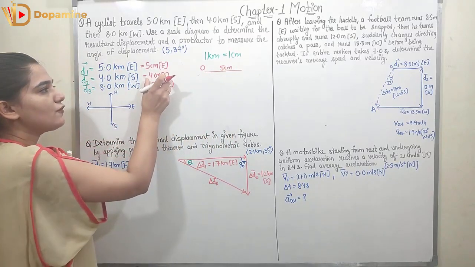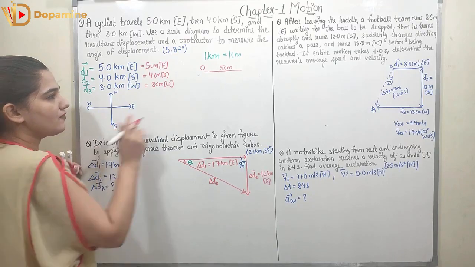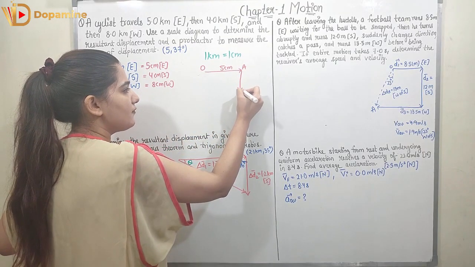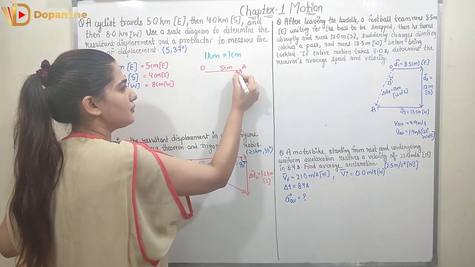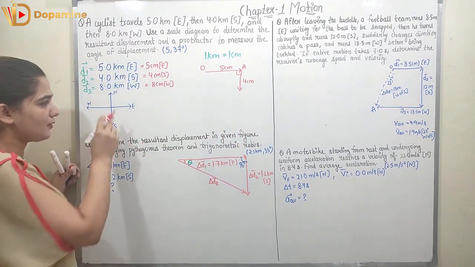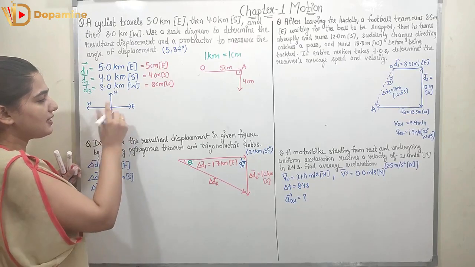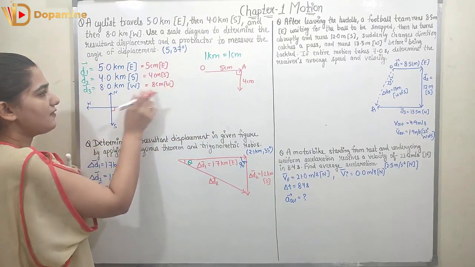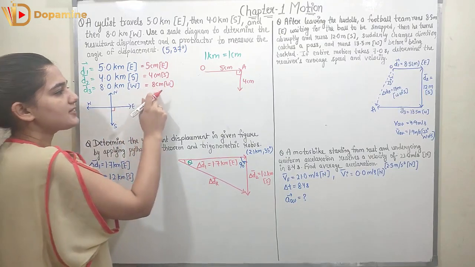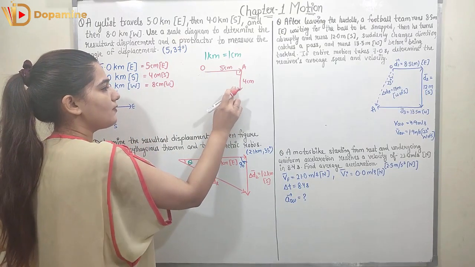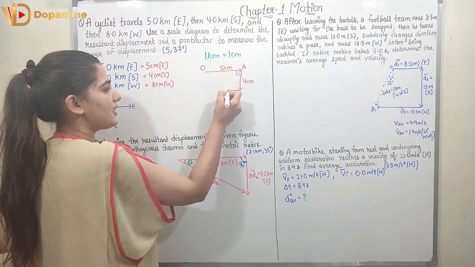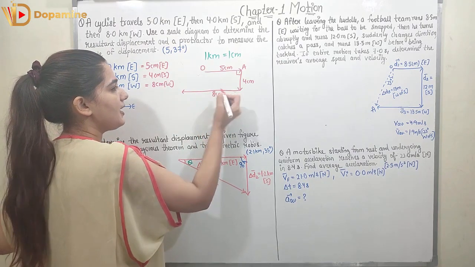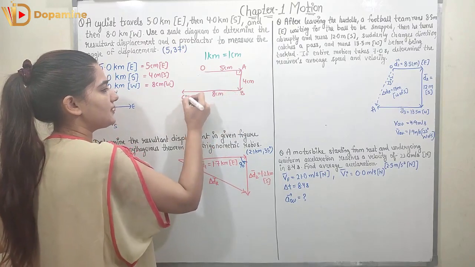And after that it moves 4 centimeter south, so we will make a line from this point, let's suppose A, 4 centimeter to the south. Let's make this angle 90 degrees, because east and south make a 90 degree angle with each other, right? Now we have displacement 3, which is 8 centimeter in west. So we will make a line of 8 centimeter in west, right? So this is my 8 centimeter line in west, and this was point B and this is point C.